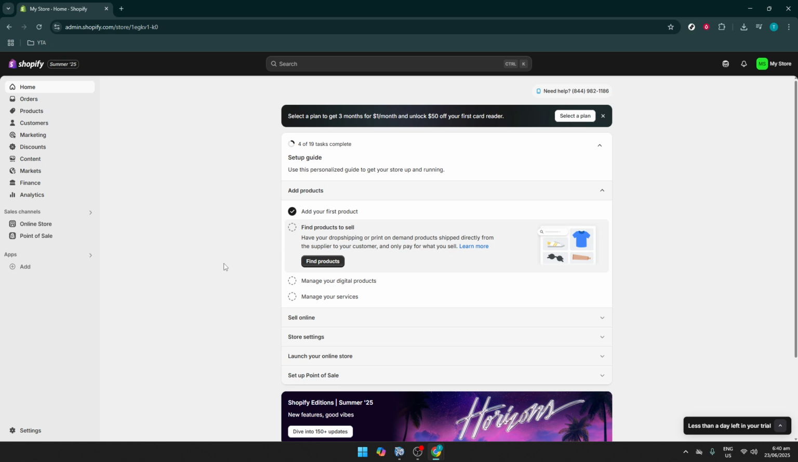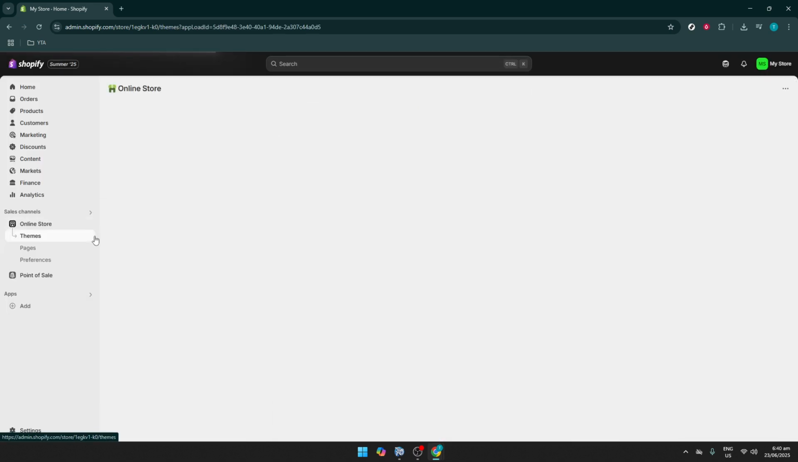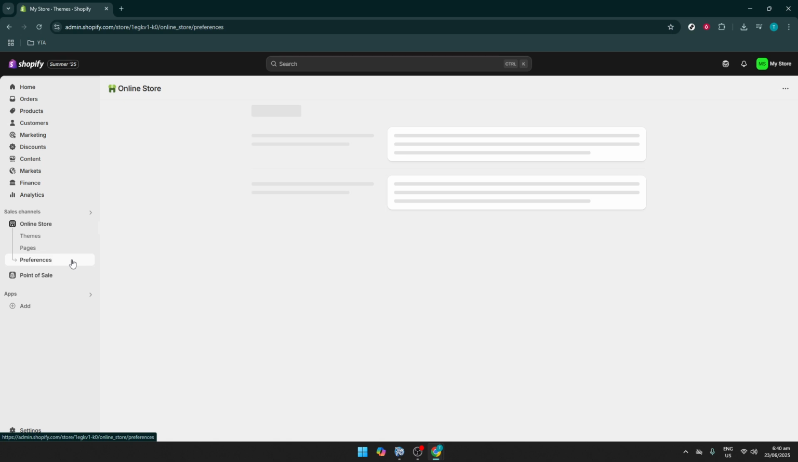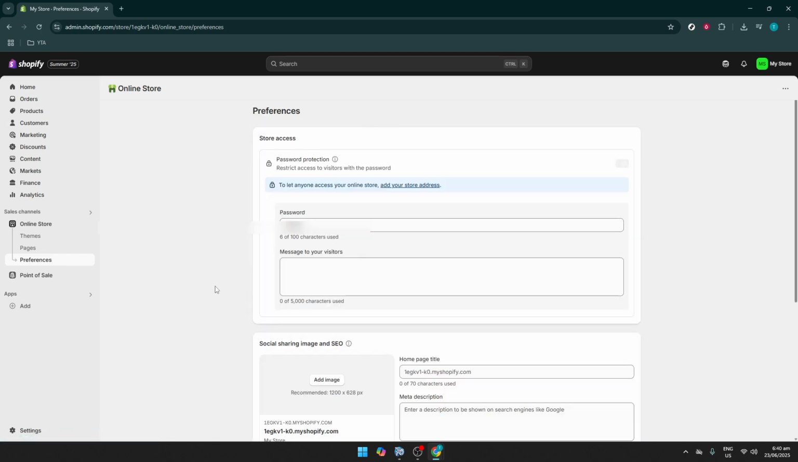Now let's move to making your store live. Click on the Online Store option from the menu. This is where you can manage your store's themes, pages, blogs, and other online features. Next, go to Preferences. This section allows you to adjust various settings related to your store's SEO, Google Analytics, and